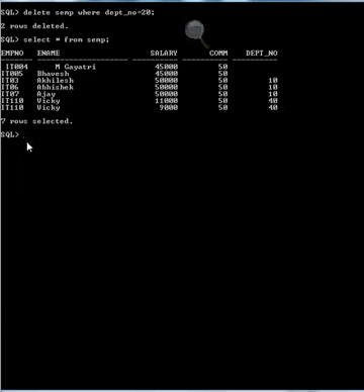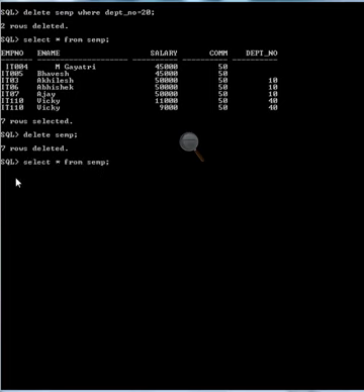Let's try delete without a where clause. I am now not writing the where clause, just delete ACMP, and try to see. Seven rows have been deleted. Now select star from ACMP, no rows selected.